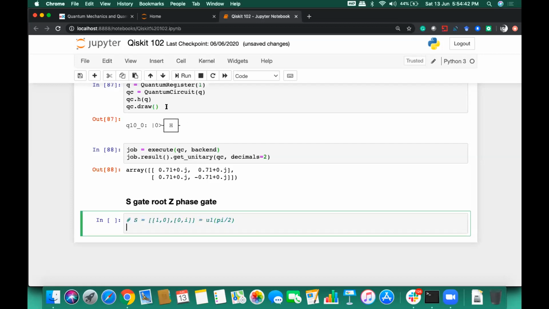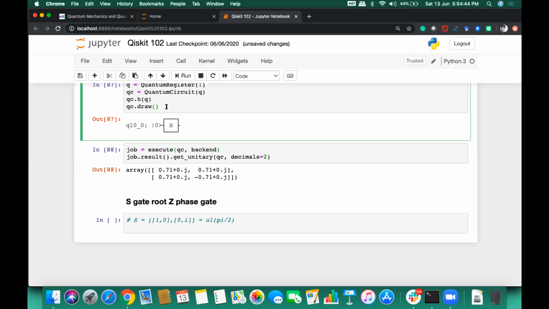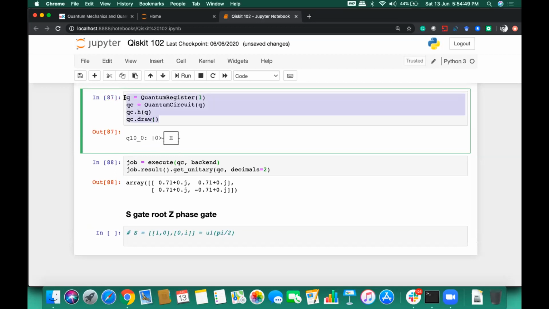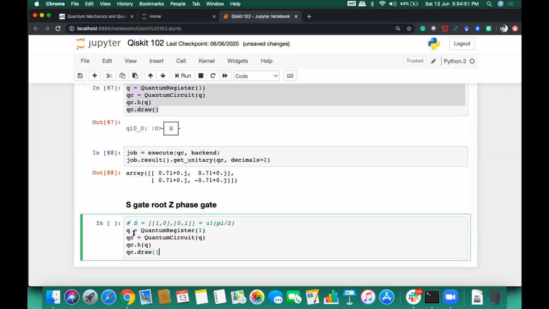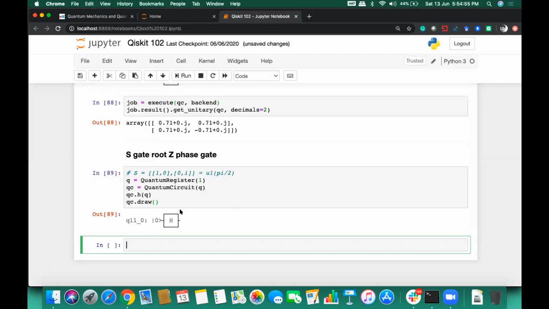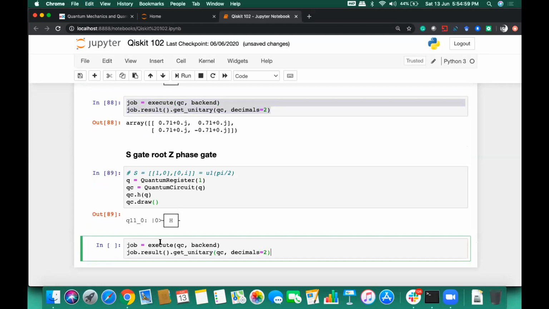Okay, so next we are going to draw and we will execute that circuit and we will see what the end outcome is.